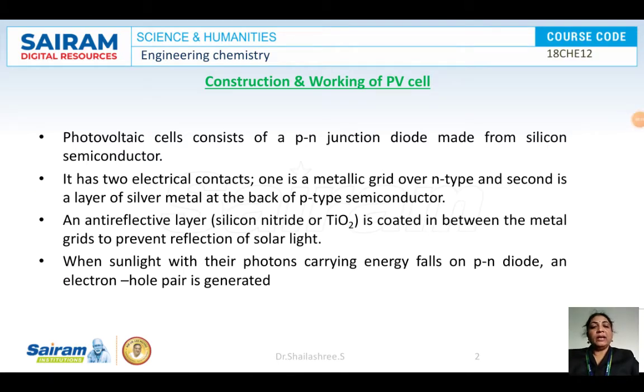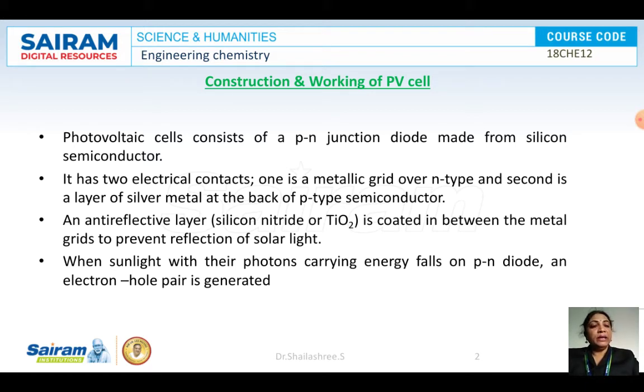Photovoltaic cells or solar cells are devices which convert solar energy, that is the energy from the sunlight, into electrical energy. Solar cells consist of a PN junction, so they are often referred to as semiconductor devices. You are aware of the PN junction, no? What is this PN junction?